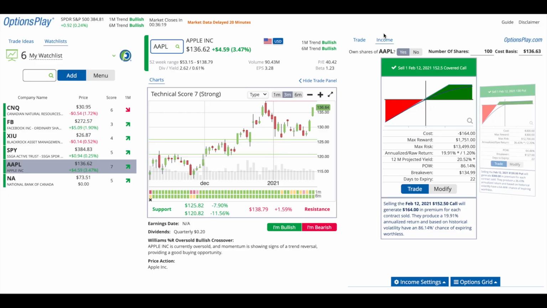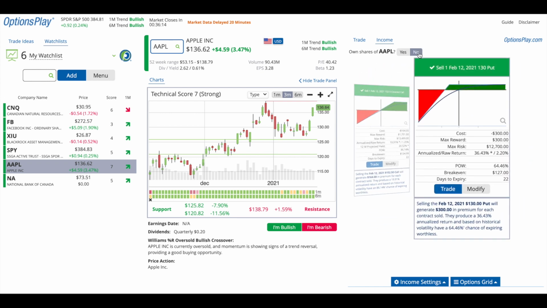For investors who are looking to acquire a specific stock, an overlooked strategy by many investors is a cash secured put, which allows you to accumulate some yield while attempting to buy the stock at a specific price. In this particular case, selling the February 12th 130 puts obligates me to buy the stock at $130 if the stock is below 130 on February 12th. But for that obligation, I am going to be paid $300 by selling the put option,